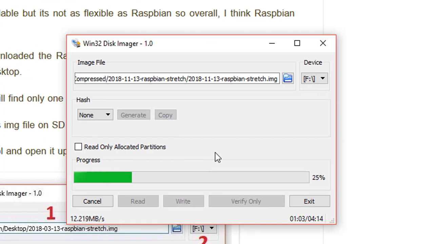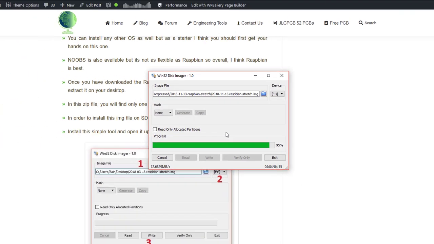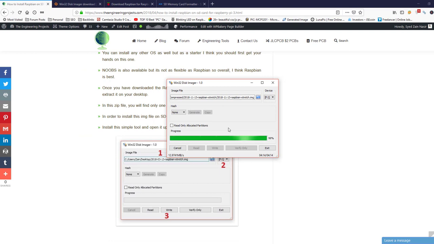Once it's successfully uploaded on my SD card, then I will remove my SD card and will plug it in my Raspberry Pi 3 module, and it will be ready to start, and we will see it in our next tutorial. In the next tutorial I will show you how to interface 7-inch LCD, TFT LCD, keyboard, mouse and SD card with our Raspberry Pi 3, and we will run our Raspberry Pi 3 for the first time.